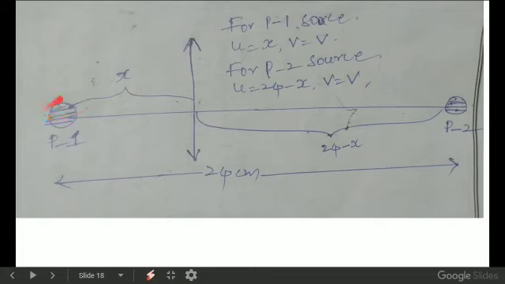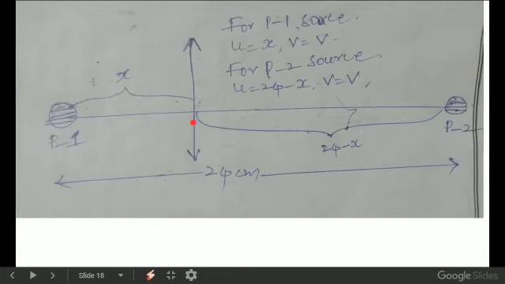Okay, this acts as the object to the lens. And see, if you do not understand the problem, one more time I'll explain clearly. He's asking that there are 2 point sources of light P1 and P2 separated by a distance of 24 centimeters, and where should a convex lens of focal length 9 centimeters be placed between them so that